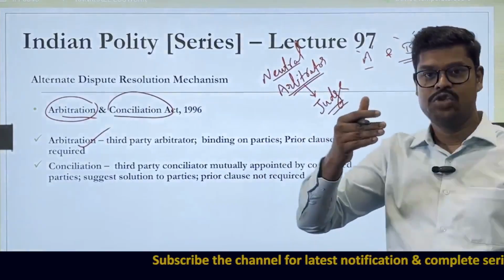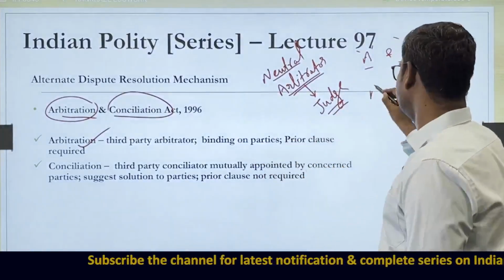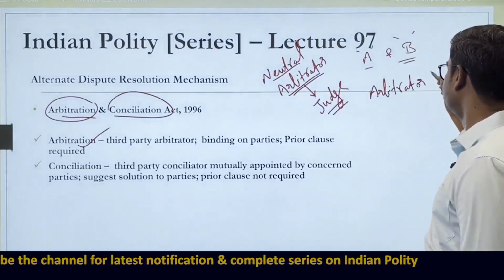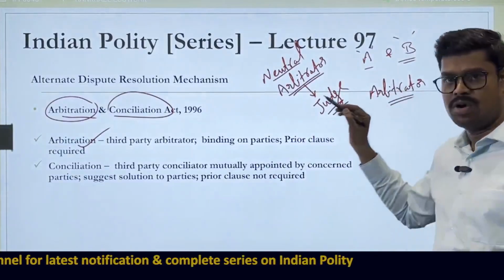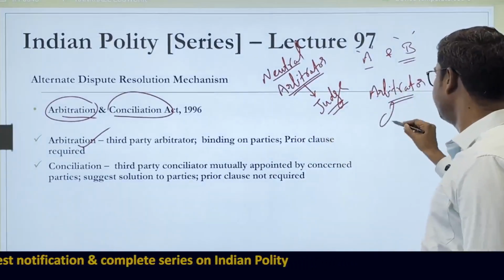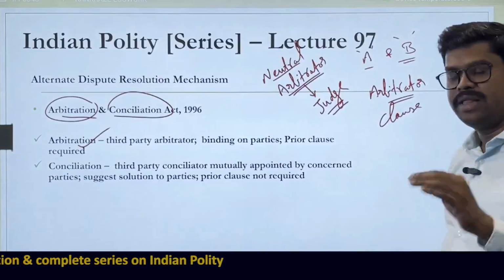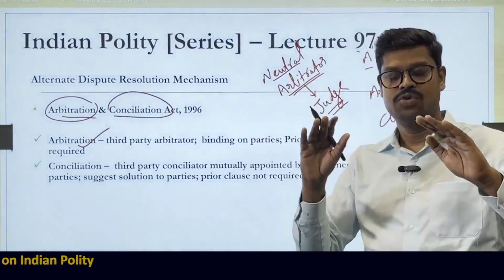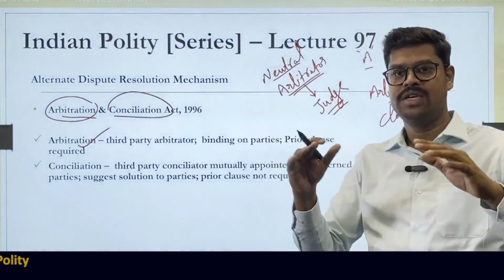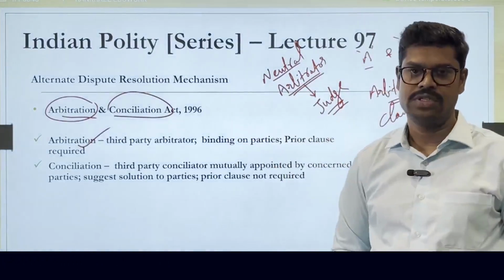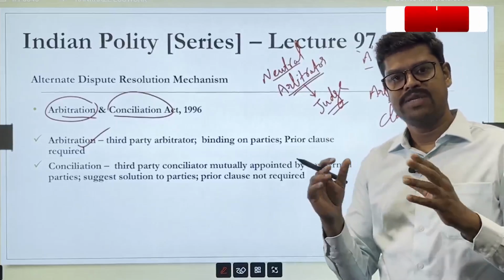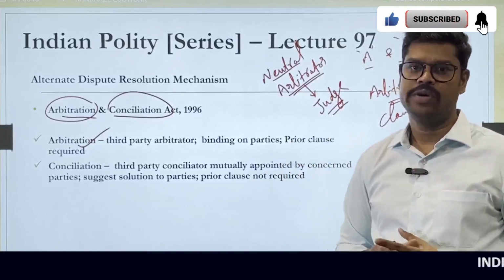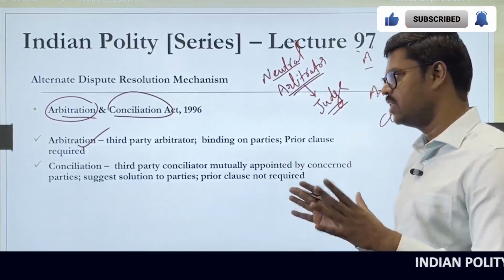But for all these things to happen, even before these two parties enter into a contract, in the contract they should recognize an arbitration clause. That is what is very important. That means when I say that they should have an arbitration clause, you should have an understanding that while entering into the agreement they should agree that in the future if there is any dispute, they will resolve the dispute through an arbitrator. So only if there is a prior recognition of an arbitration clause, then they can go for arbitration.